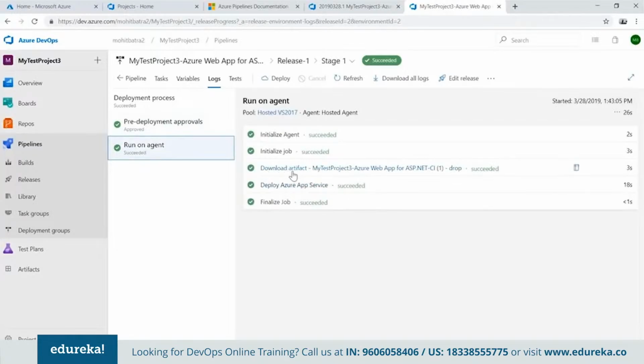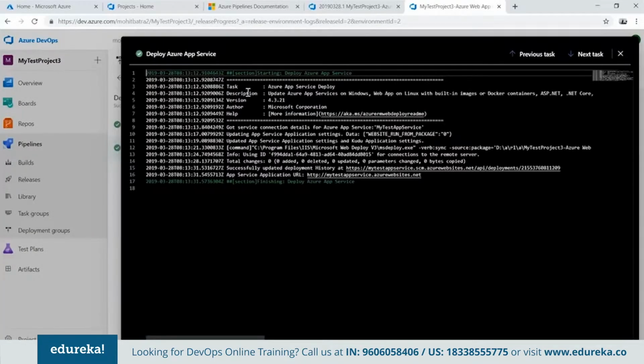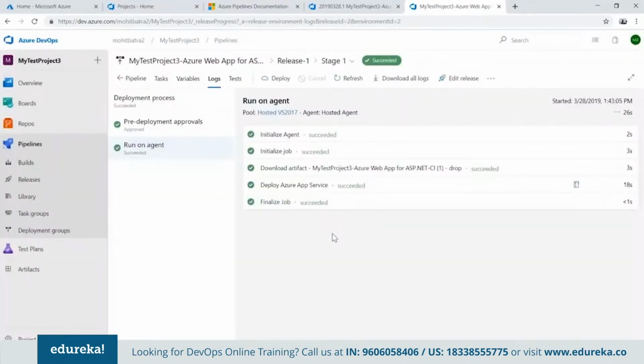Otherwise, it will download all your build artifacts. In our case, it was a web application. So it downloaded all the artifacts of my web application, and then it started deploying it to the Azure App Service. Okay, so you can see all the logs. In fact, you can even write custom logs here about what we are doing as part of the release deployment on Azure App Service. All right, so you can see here it successfully updated the deployment history. The App Service application is running at this particular URL, and then you can use this URL. Now, once this release completes, this means our code which we created has been deployed into production.